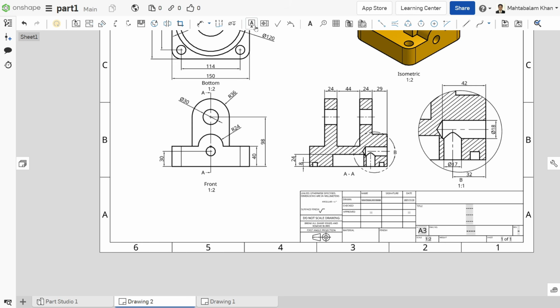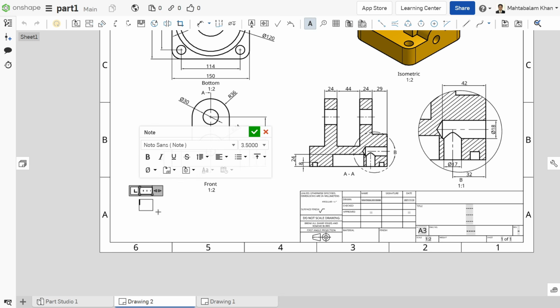If you want to keep any notes, let's say note, here drag, say note #1. All dimensions are in millimeters.